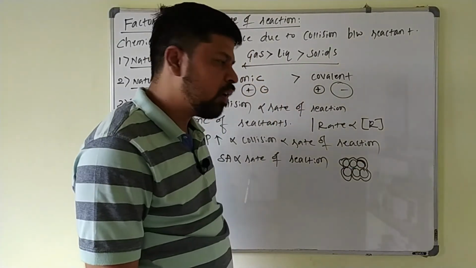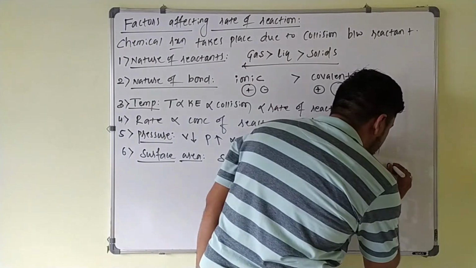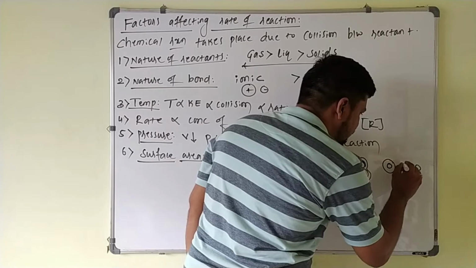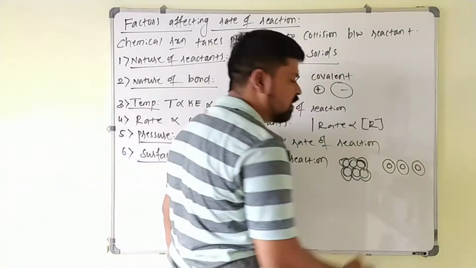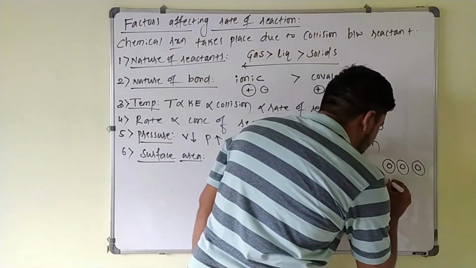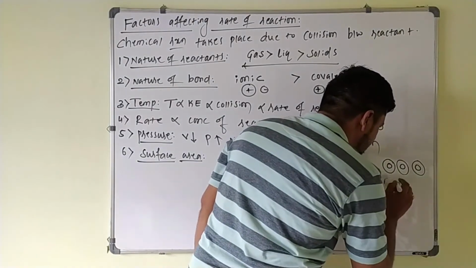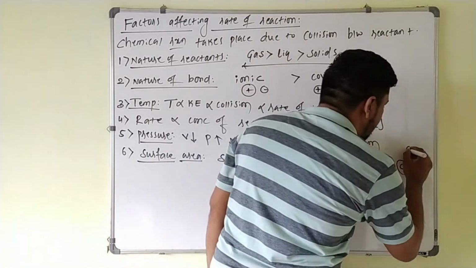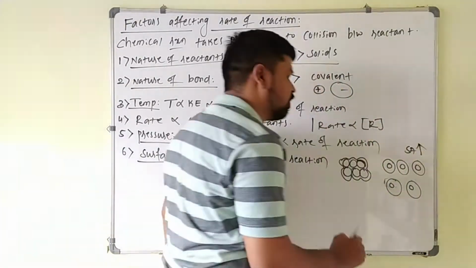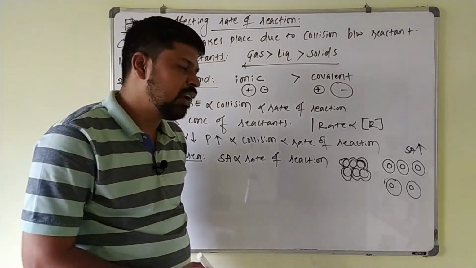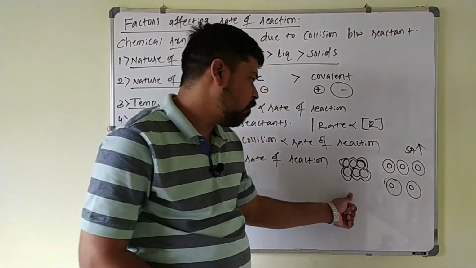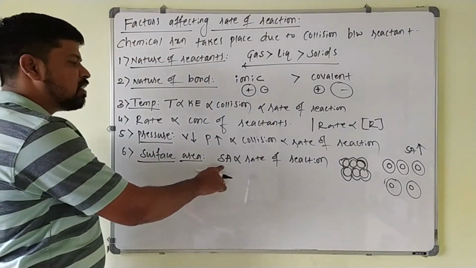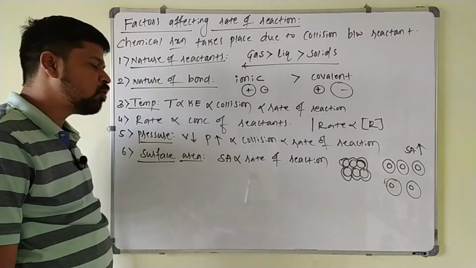Suppose it is made into a powdered form. In the powdered form, what happens? They are present individually like this, so that its surface area increases. So they are getting complete surface area. In the case of the powdered form, their surface area is increasing like this. So always the solid reactants or catalysts which are in the powdered form, their efficiency is maximum. So as surface area increases, the rate of the reaction increases, directly proportional.